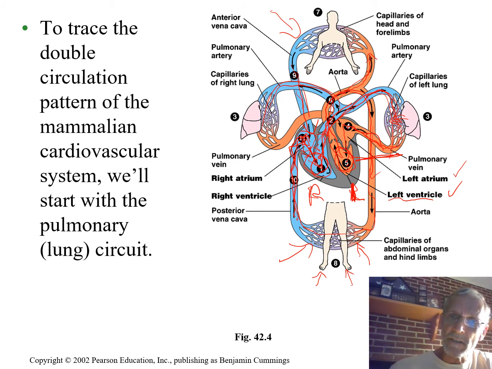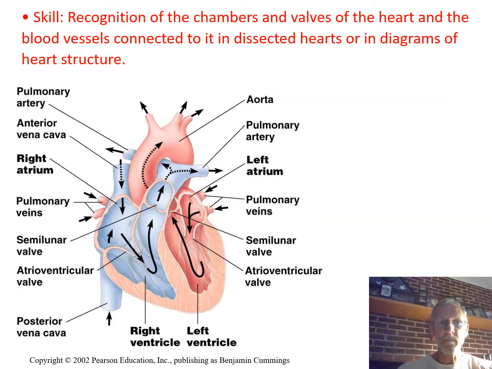But this circuit, the systemic one, is very long. It goes from your heart down to the tips of your toes and back to your heart, up to your head, back to your heart. So there. Okay, so recognition of the chambers and valves of the heart and the blood vessels connected to it